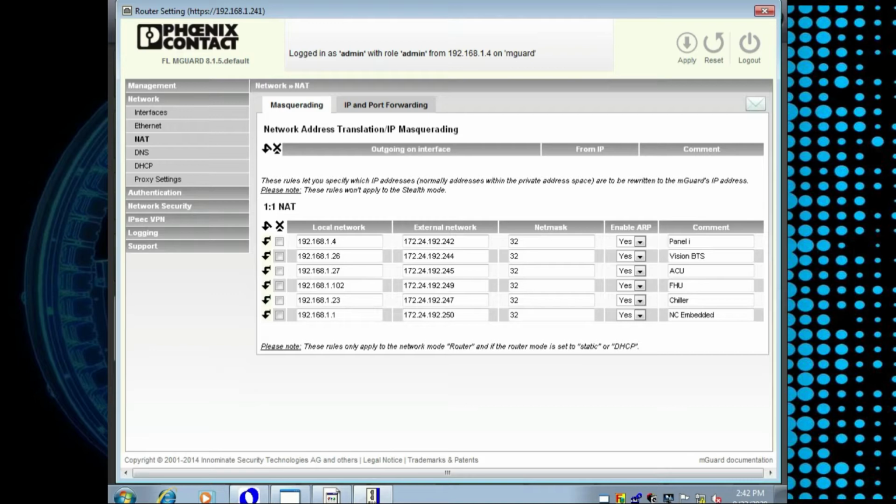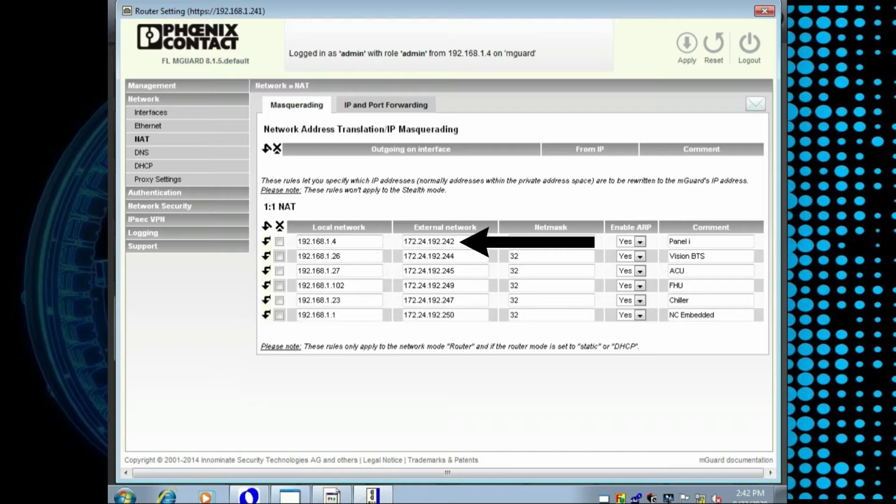The external interface being maybe another server or another PC on the customer's network. Their PC is going to be looking for that external IP address. So they're not going to know the internal IP address of that device because it has no clue. It's just going to look for that IP address that the IT department gave you. So once that IP address comes to the router and says, hey, I'm looking for this particular IP address, the machine router will look at that IP address and reference the NAT table and say, all right,